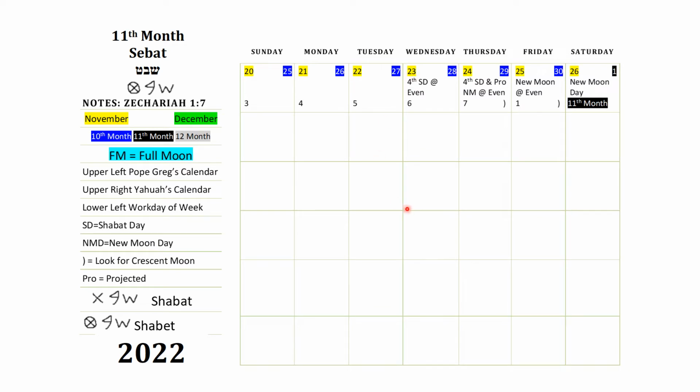Now on our first line, we've been through it already. We did 2 crescent moons. It was spotted on the 25th of November in the evening, so our colors are going to change from blue to black. This is the lunar month change right here. This line is pretty much self-explanatory. We've been over it, so we're not going to spend a lot of time there.